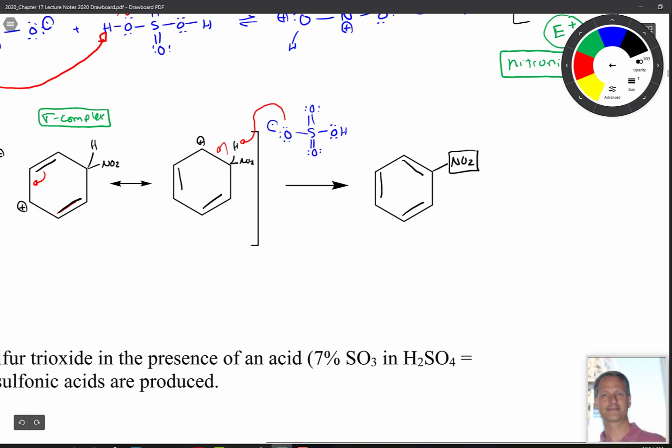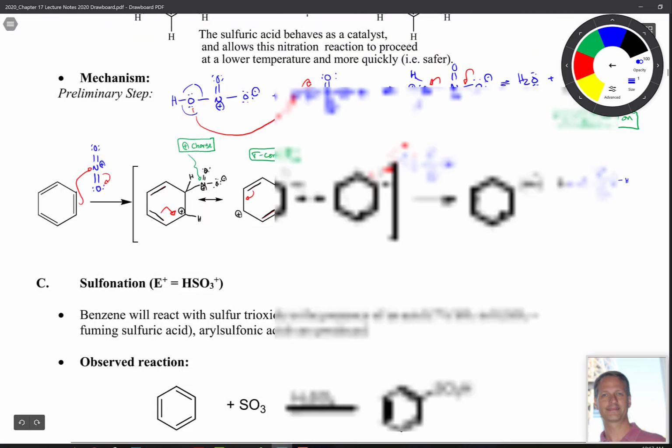And then also here, you get technically an HO in place of where the oxygen was. So you gained an H on that oxygen. So there's your sulfuric acid back. Now, other thing just to mention to you guys here too,